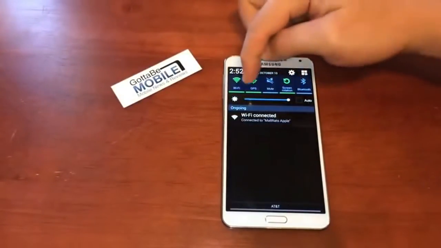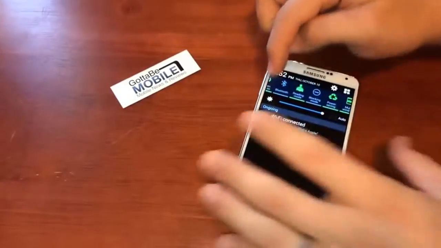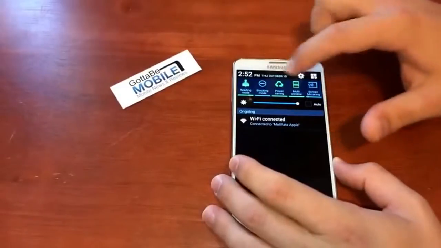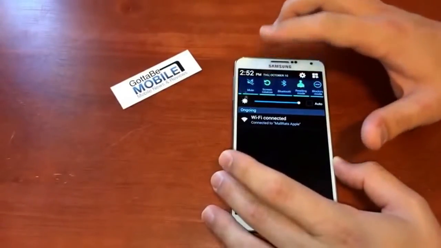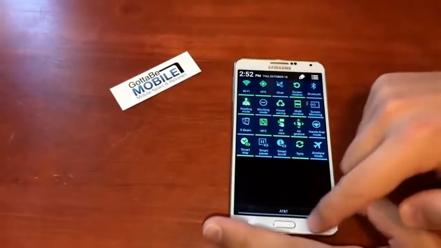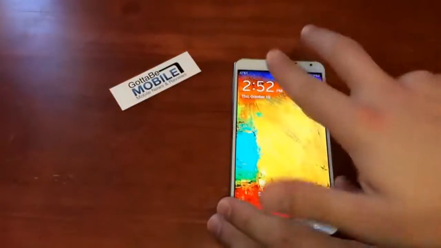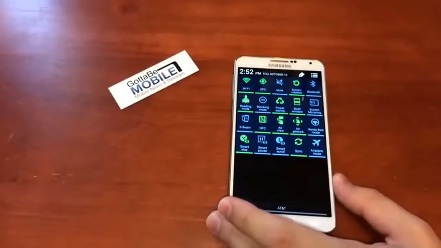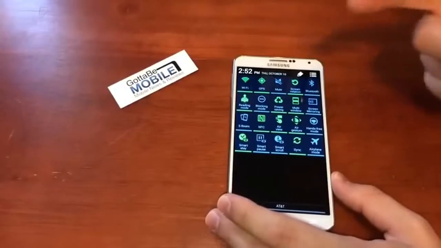So right here you are able to change around these various settings, quick tap, quick hold, but it's kind of a pain. If you want to get to something that's not at the front of your screen, you can pull down and then tap this button, but there's a much easier way. Pull down with 2 fingers. So just put 2 fingers on the screen and pull down, and you go right to your toggles